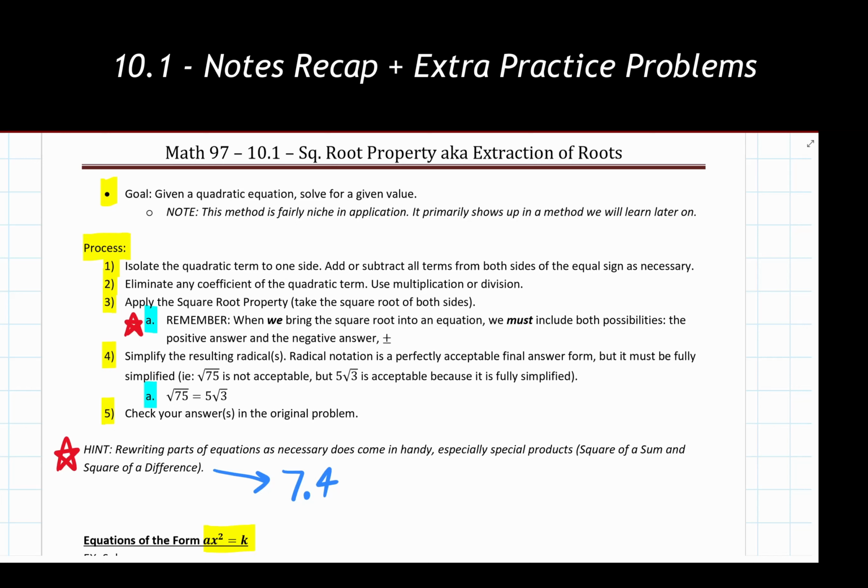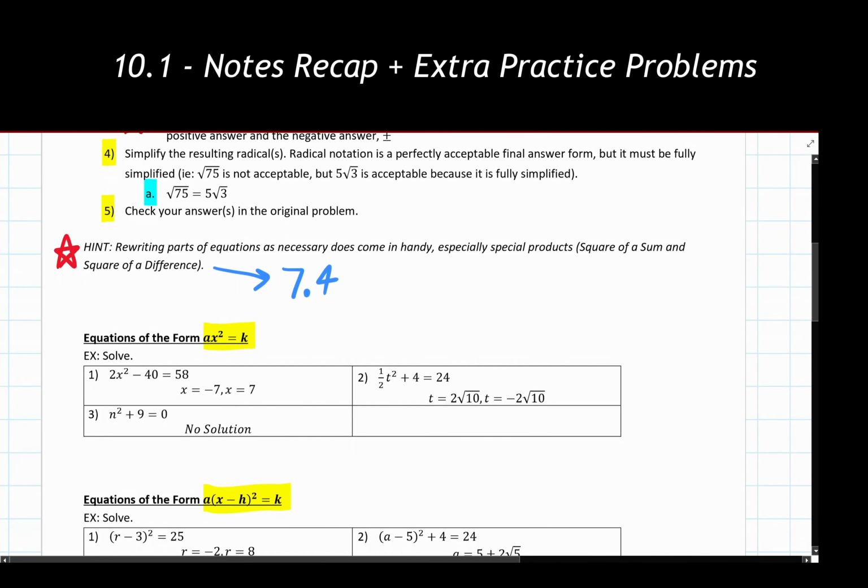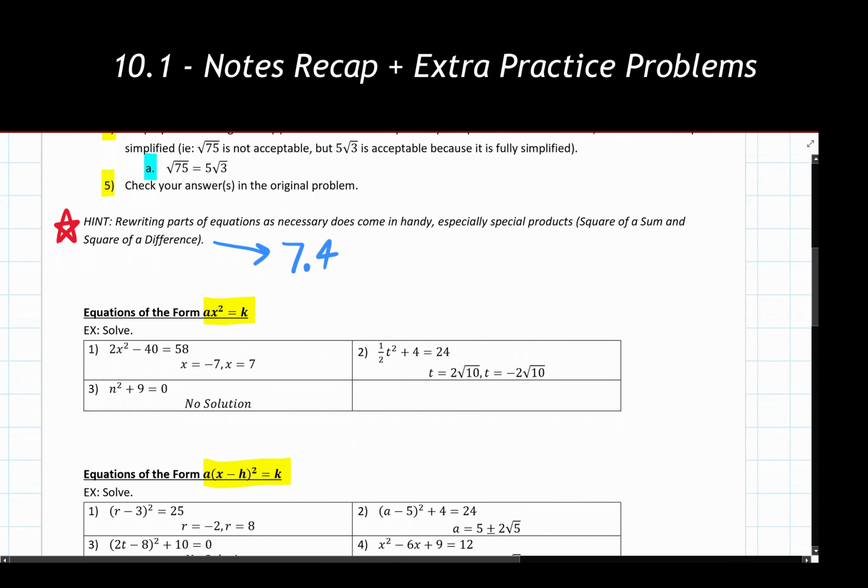So bringing everything back together at the very end here, we have a quick recap of what we went through for 10.1. Again, it's one of our methods that we have for solving a quadratic equation for a given value or something that we need to solve for. Should also be noted that, again, this method is fairly niche in its applications. We have only 2 primary starting places that we would like to use, or when we should really be using this, or 2 setups that we have here.